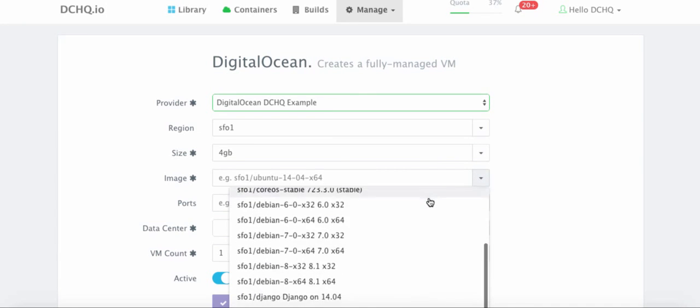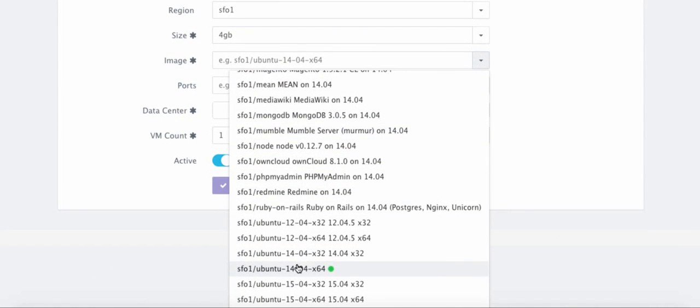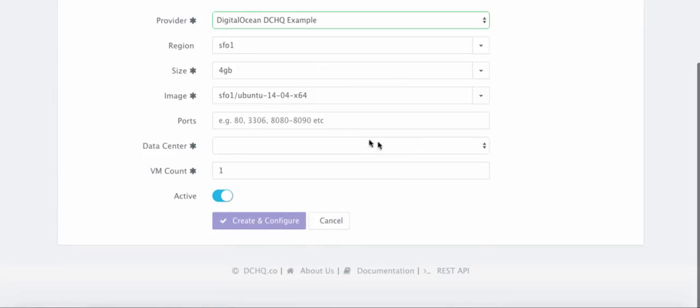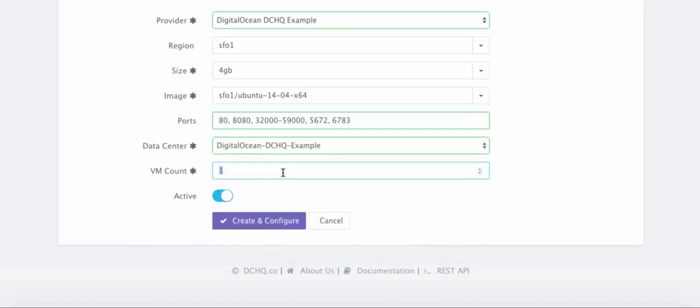And then the image, and we're going to go and look for Ubuntu. But our agent is also certified with CentOS and Red Hat Enterprise Linux. Then over here, we can go ahead and open up some ports. So we're going to open up the port 80 and 8080, the 32,000 to 59,000 port range for Docker, the 5672 port for RabbitMQ, and the 6783 port for Weave. We're going to go ahead and select the data center that we created. And we're going to go ahead and provision 3 droplets on this cluster. And once we click Create and Configure,